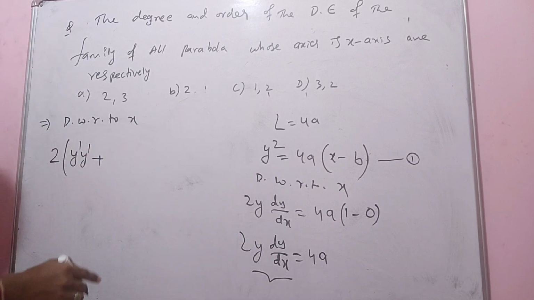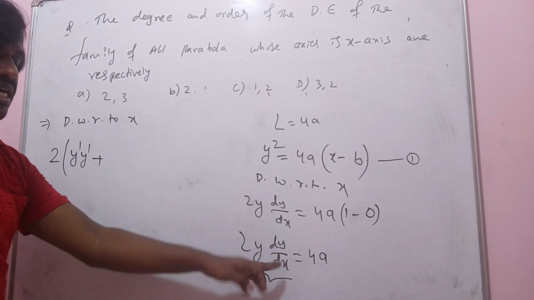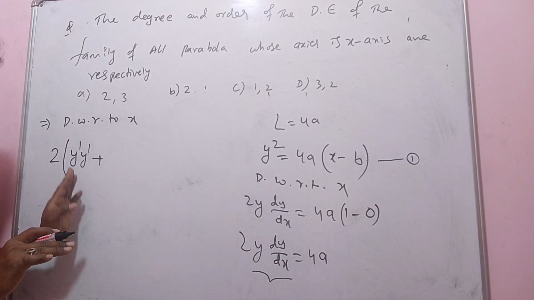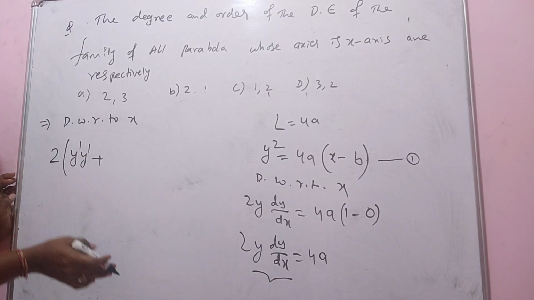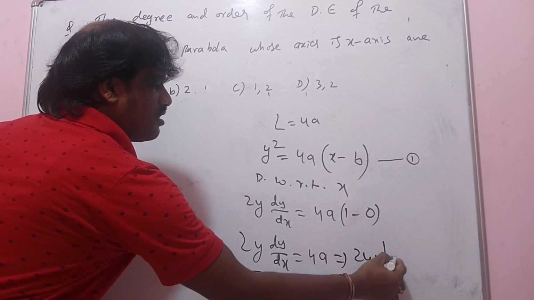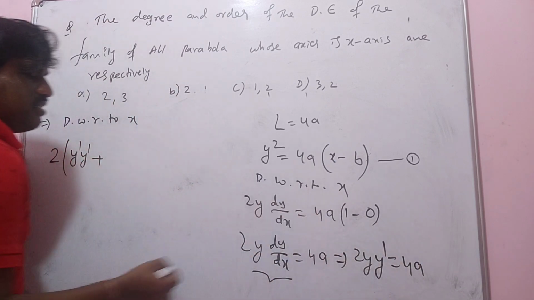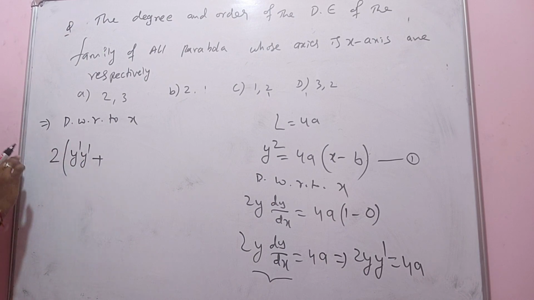Here y is there, y differentiation is y dash, and I kept dy by dx the same. If you are confused, this y dash is dy by dx. So 2y y dash is equal to 4a. The meaning of this is, I kept 2, y differentiation is y dash, and I kept y dash,